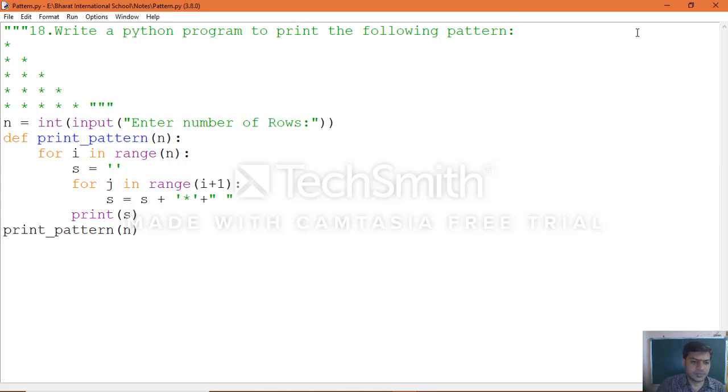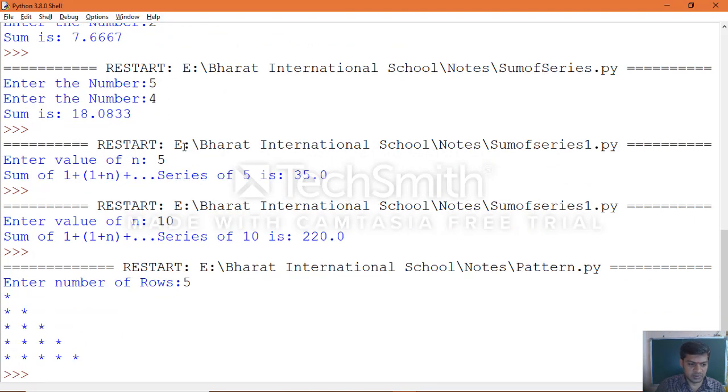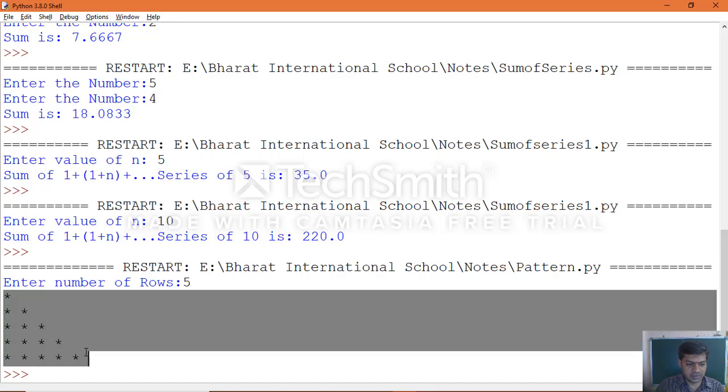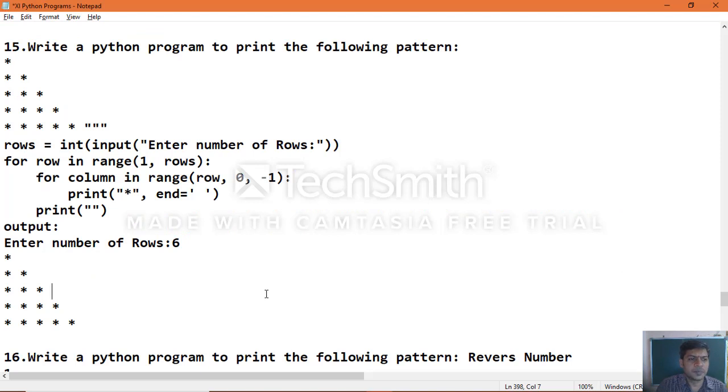Just go through, save, and go to run module. Okay, no problem, both are related to that. Run module. Both are similar, that example and this example. Whatever number you give, according to that it will create. But the thing is here, the 15th program, okay, that pattern we will see. So the 15th and 18th are similar.